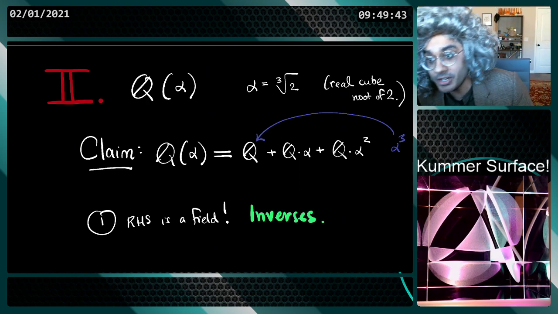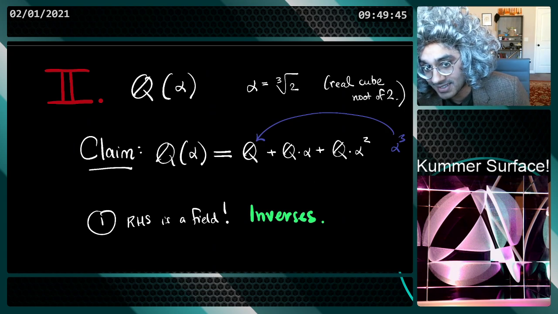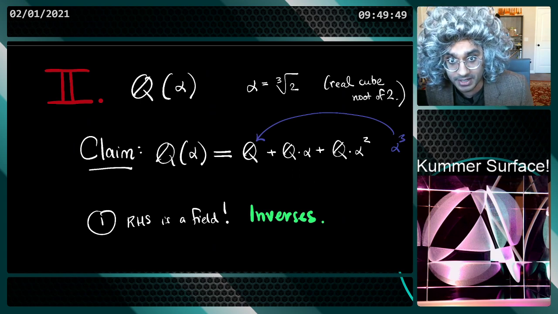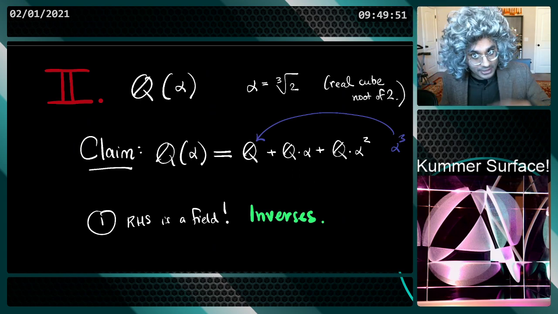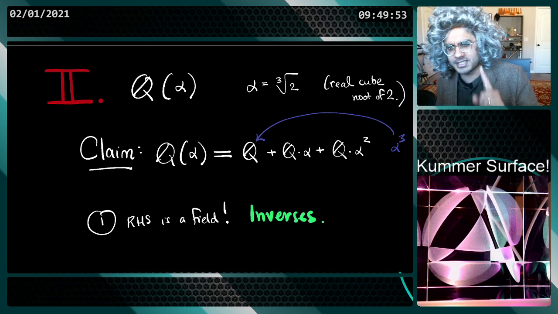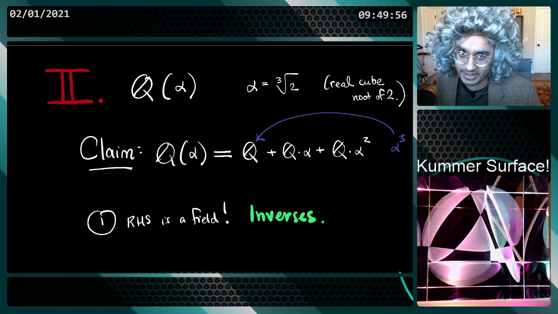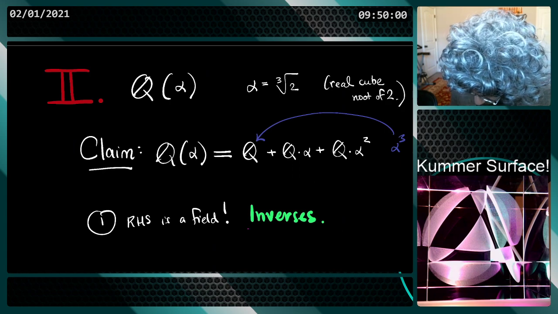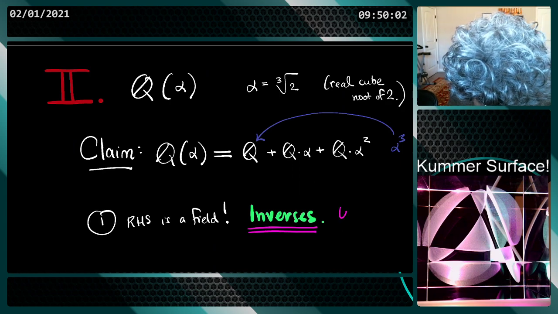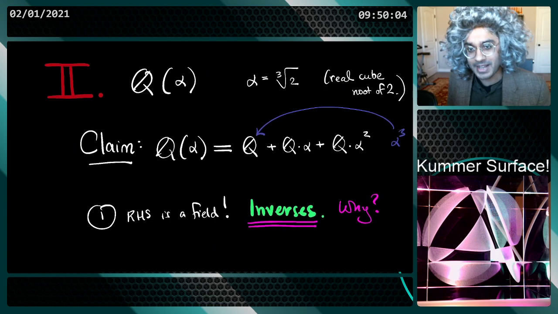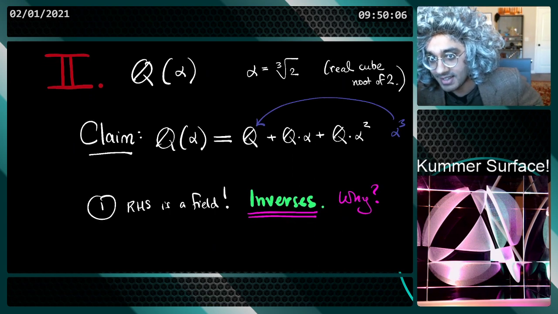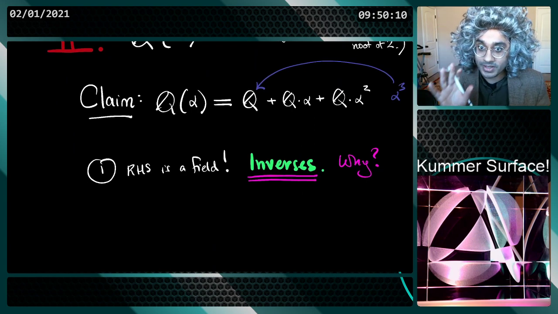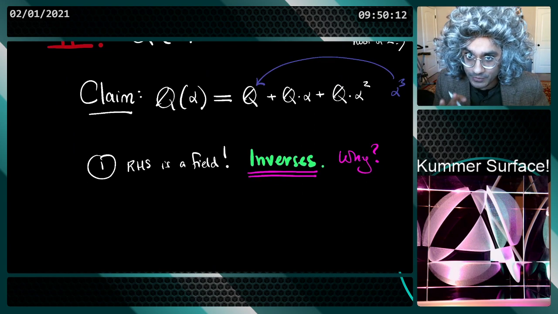So you can do really ad hoc things and show that these kinds of numbers have an inverse again of this form. But I want to discuss a more general way to go about this. So let's talk about the inverse problem. Why? And let's do it in a way that generalizes. The reason why inverses are there,